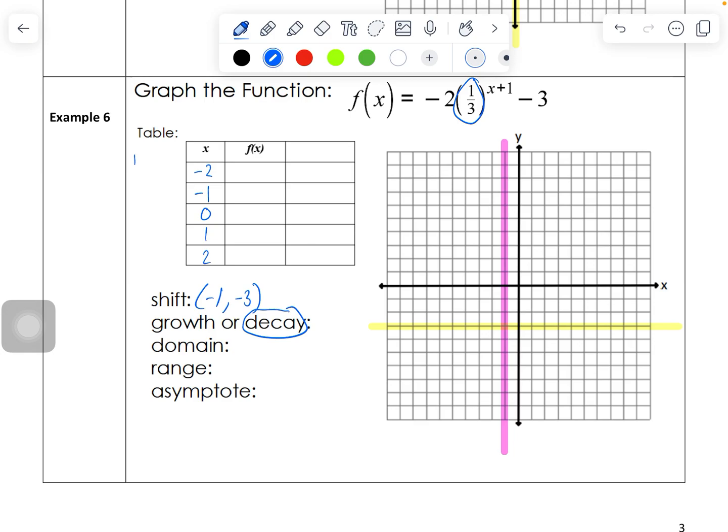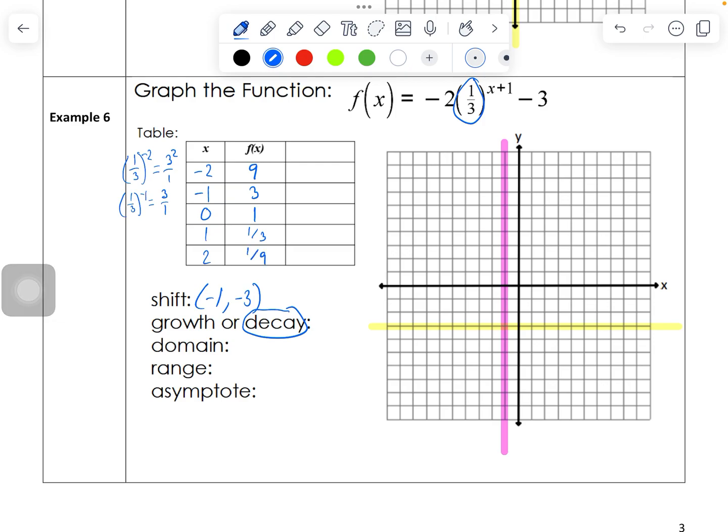Here we are taking 1/3 to the -2 power. That would flip it, and it would become 3 squared over 1, which is 9. If we do the same thing here, we would get 1/3 to the -1 power. We flip the fraction, we get 3 over 1, which is 3. The next one would be 1. The middle one's always going to be 1. And then we have 1 and 2. So it's the reciprocals of these numbers here, respectively. So it would be 1/3,